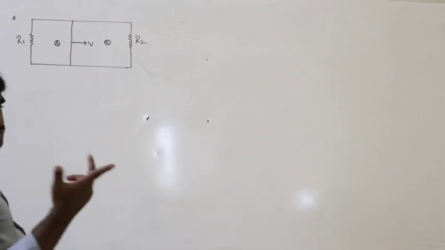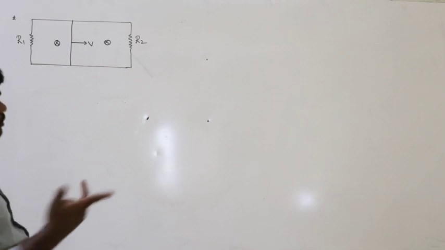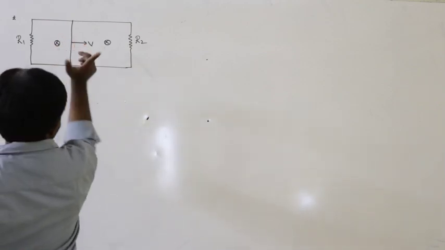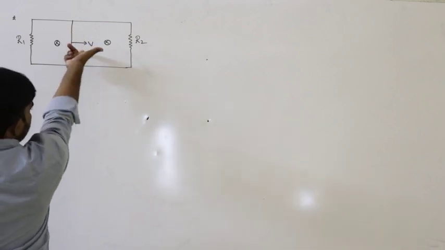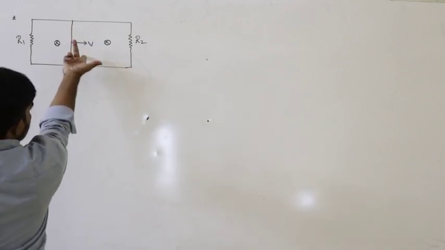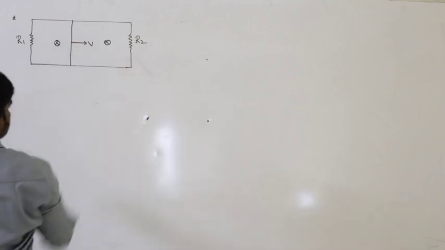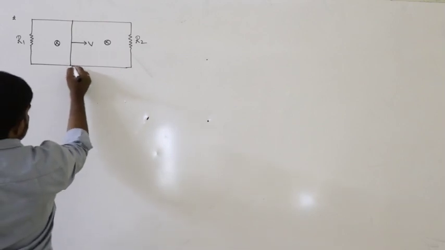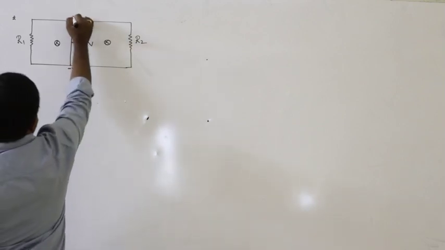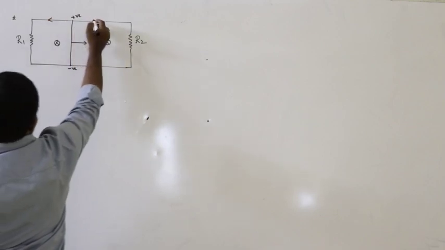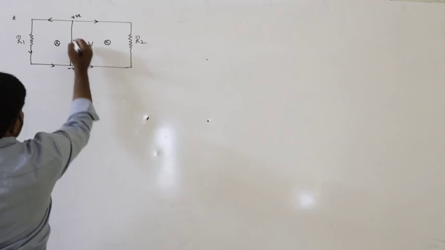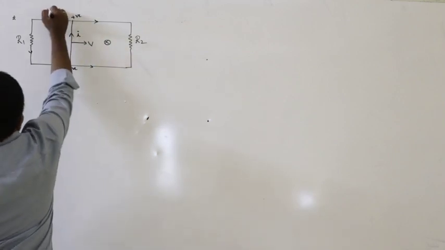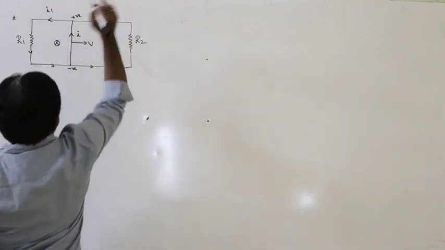So according to Fleming's right hand rule, forefinger indicates the direction of the magnetic field, that is inwards, and the thumb indicates the direction of motion of the conductor, and the central finger indicates the direction of the current. So this is the direction. This is the negative terminal and this is the positive terminal. In the external circuit, the current passes like that. Here this I divides into, let us say, I1 and I2.